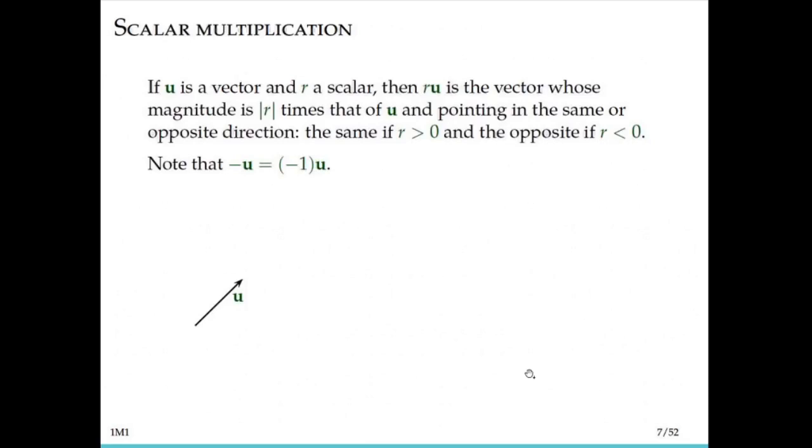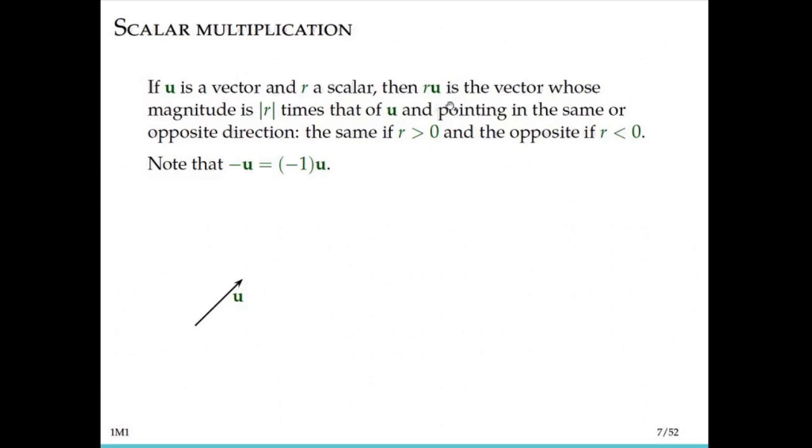Okay, so this is addition and subtraction of vectors. There's another operation that we have with vectors, which is called scalar multiplication. A scalar is simply a real number here. So r is not a vector, just a regular number. So if u is a vector and r is a scalar, then r times u,